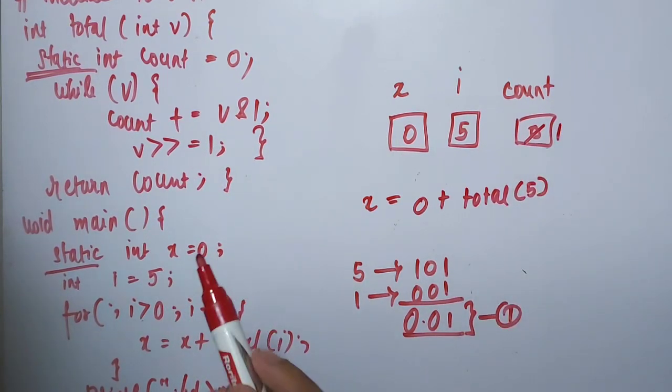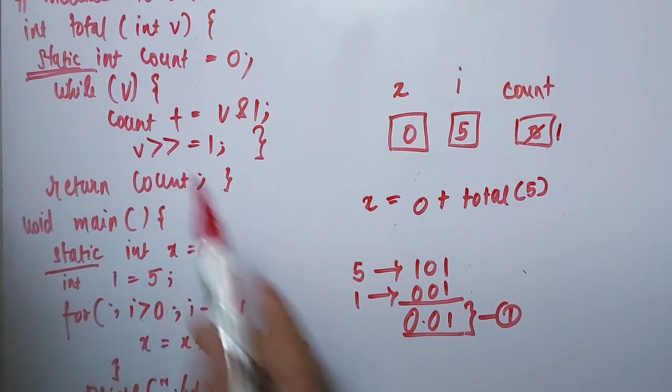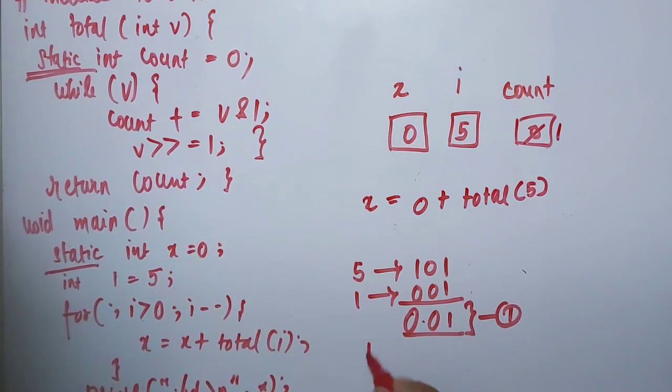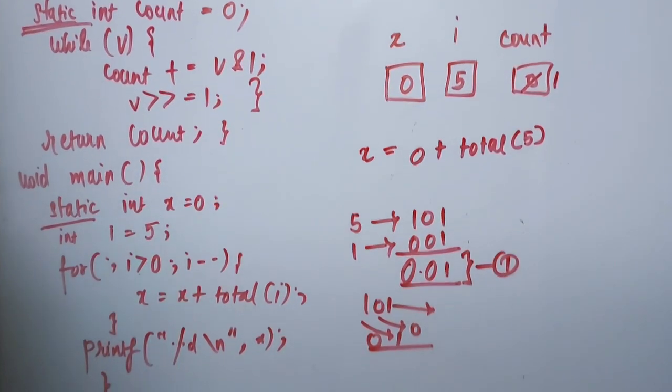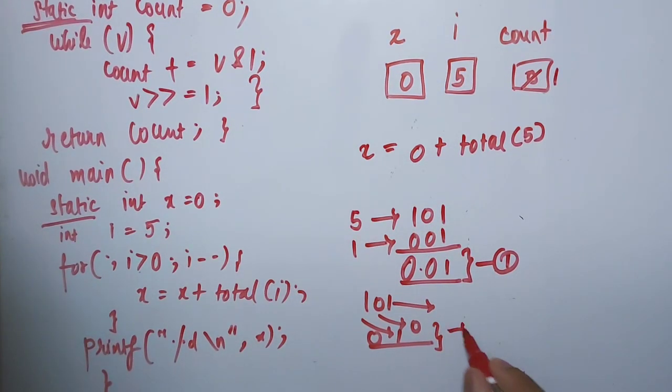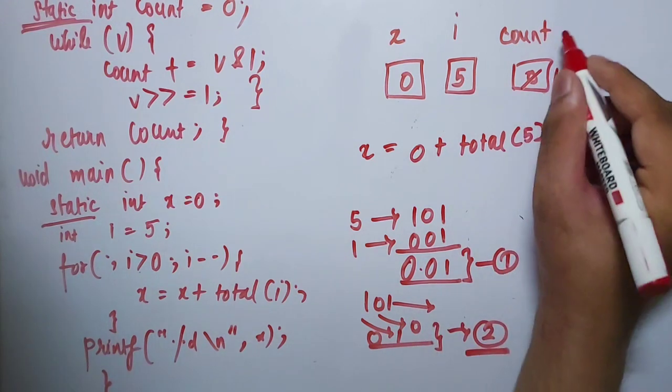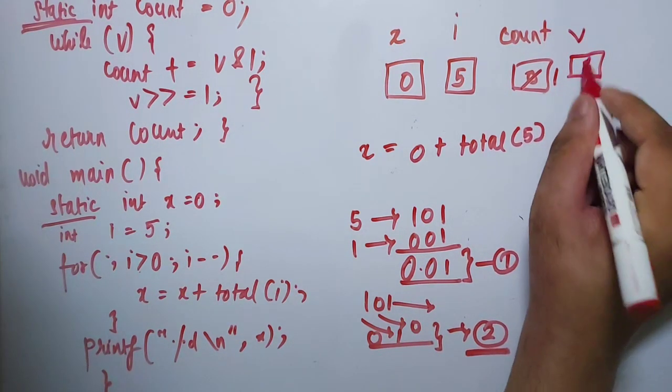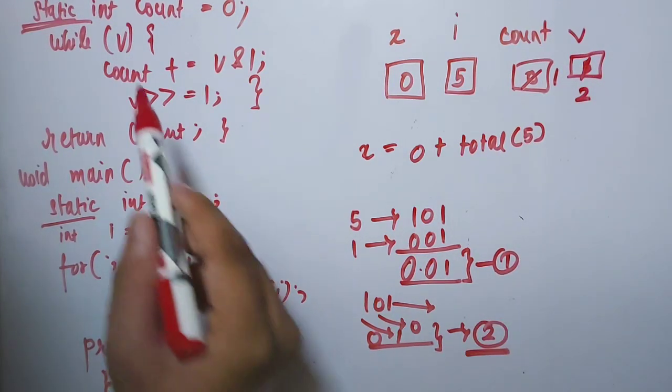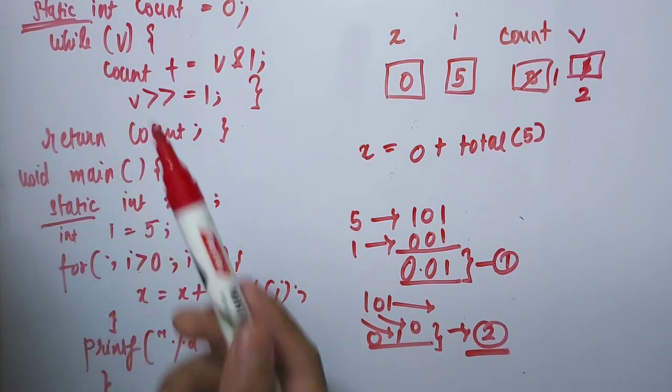Okay, now we see that we are right shifting v by 1. So v here is 1 0 1. This last bit gets discarded, the other bits move over, and we append an extra 0 on the left-hand side. Now its decimal representation is 2. So v gets value 2. V was initially 5 and now it gets value 2. We will evaluate the condition while of 2. While of 2 is true, as I have told you.